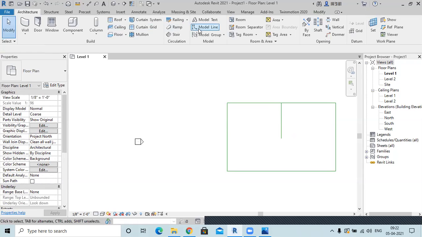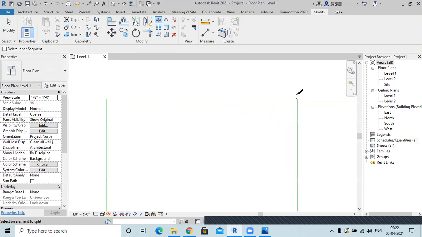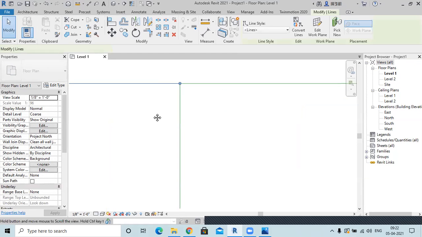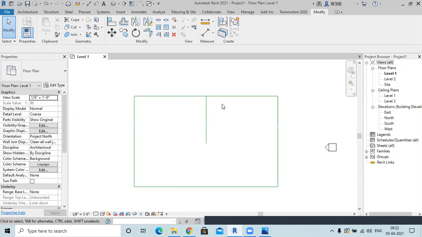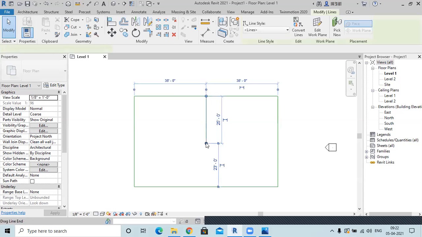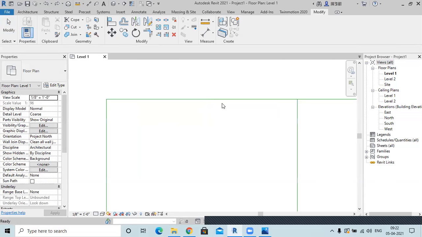Now when I go to this model line option and the split option, at this point I'll split it, and it will automatically split this line from the center. Okay, so this is how the split option works. I'll just quickly delete this. Now it is unsplit.